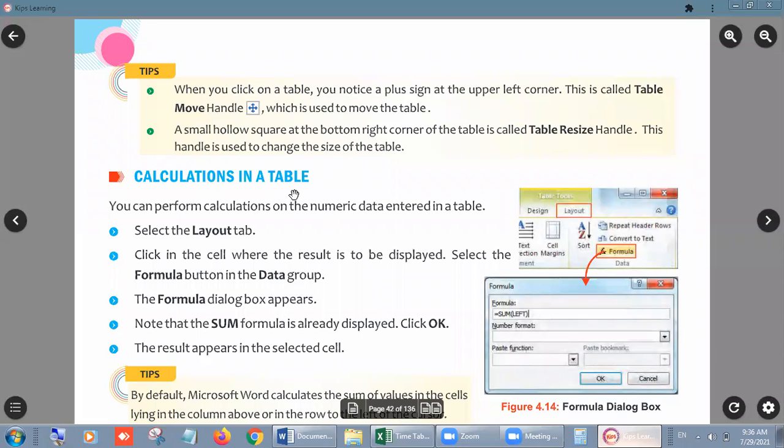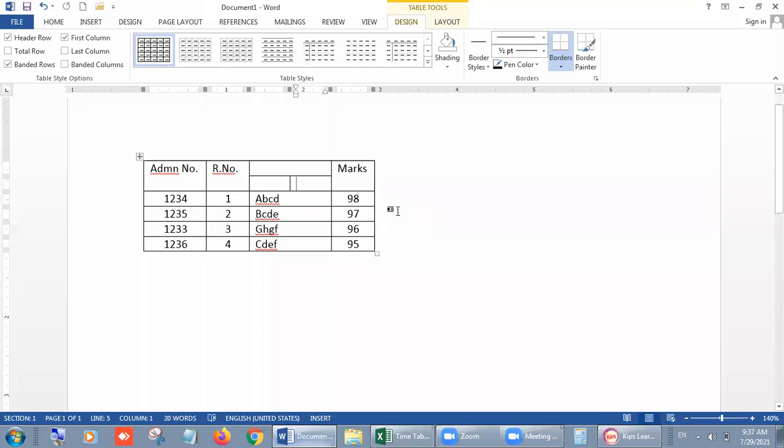Now students, we are doing a very important command, calculation in a table. Yes, it is right, because we mostly use MS Excel for calculation purposes. This time I'm going to tell you one command that is used for calculation in MS Word also. It is a very strange command, but you can do calculation in MS Word also. So how we can do this, I'm showing you.